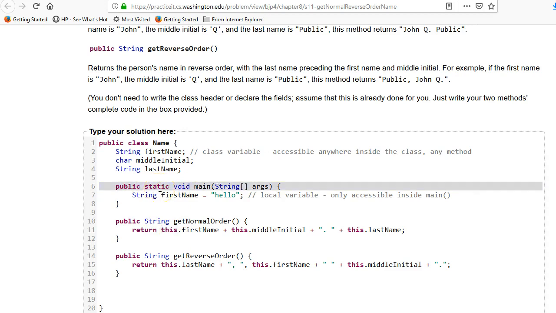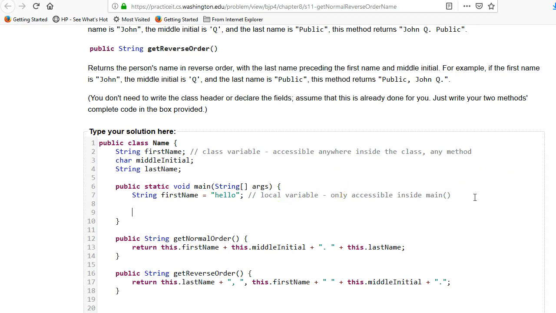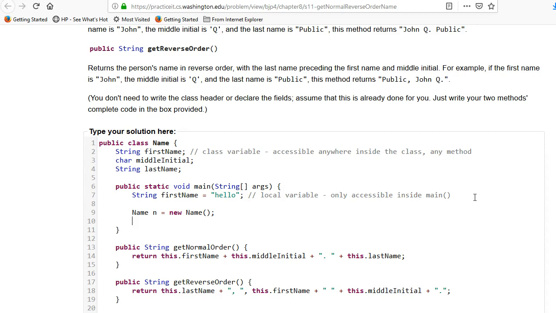So you notice how this says static here? Okay, this is actually an important point. A static method is a method which exists outside of creating an object. So we haven't actually gotten to object creation yet here, but somewhere along the line you're actually going to need to have a method that says name n equals new name, and then we haven't talked about constructors yet, so I can't really do that. But then on this name method n, you can call